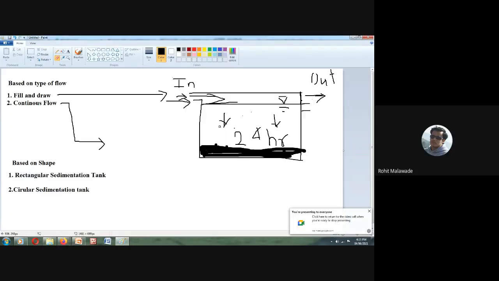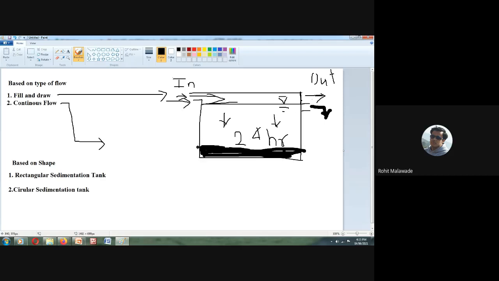After settling out for 24 hours, after giving it the detention time of 24 hours, we will be taking the supernatant liquor. This is the clear water at the top, right? We are going to take it out. The clear water, whatever is remaining at the top, we are going to take it out.